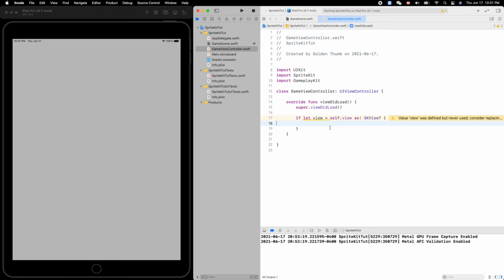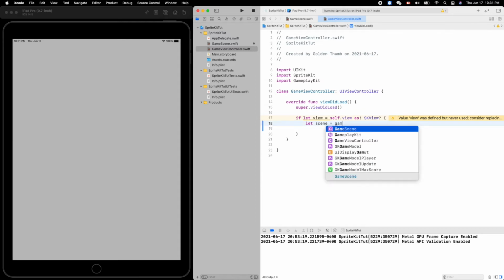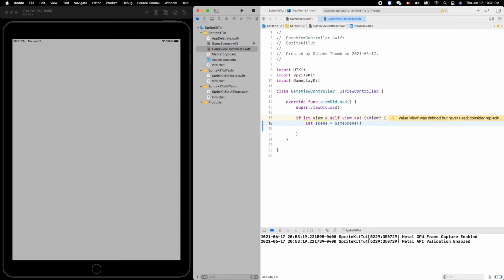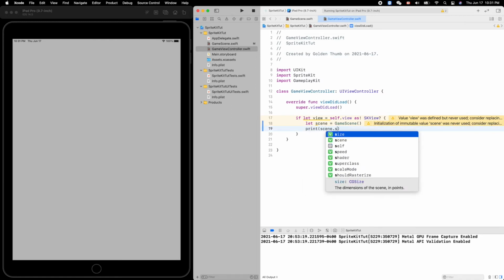So now let's create our game scene. Our scene here equals GameScene, opening parenthesis. Now we have an object of that, and let's print out its size. Okay, scene dot size,